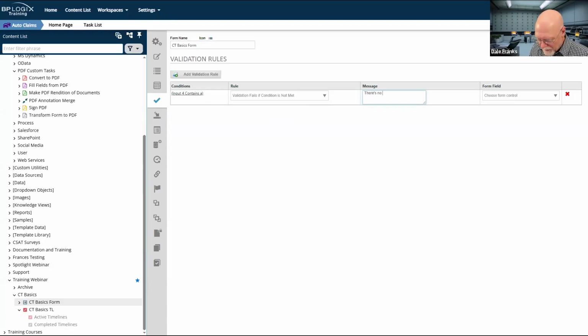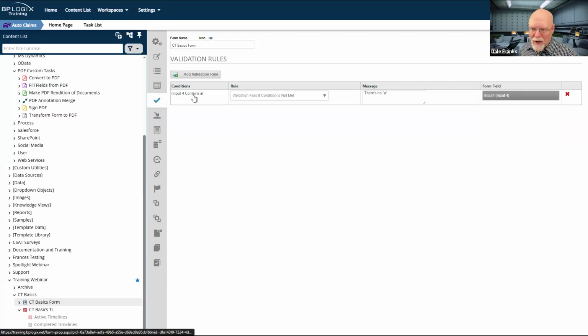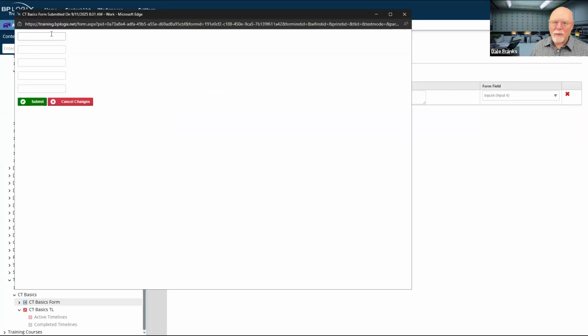So there's no A, and the form field that I'm validating, again, is input 4. In this case, my validation condition and the form field I'm validating are the same thing. So now I can update and run. We can cross our fingers here and we can just tab our way through the form.